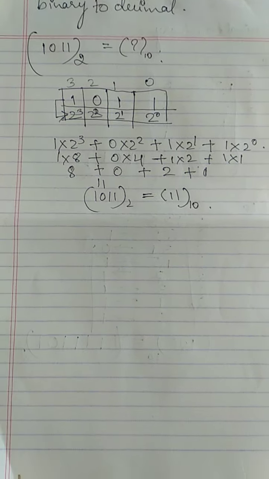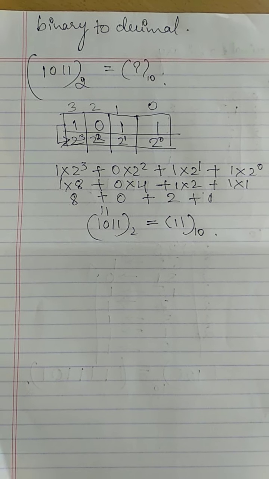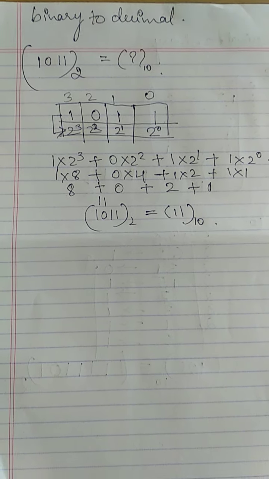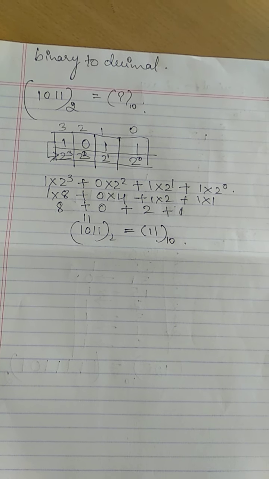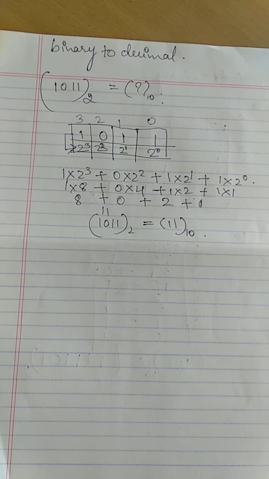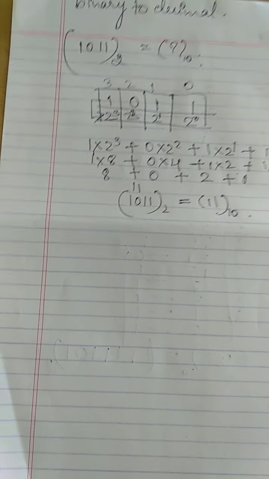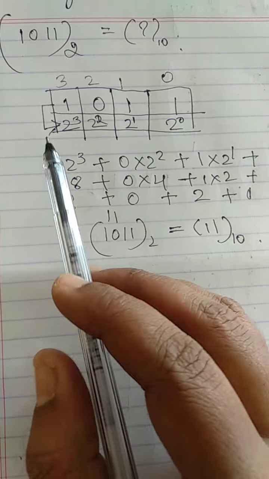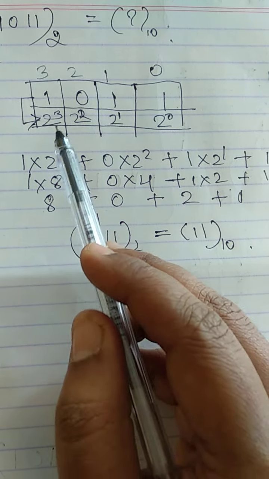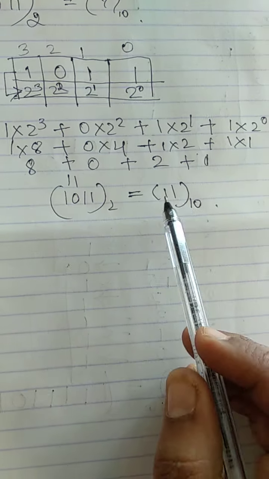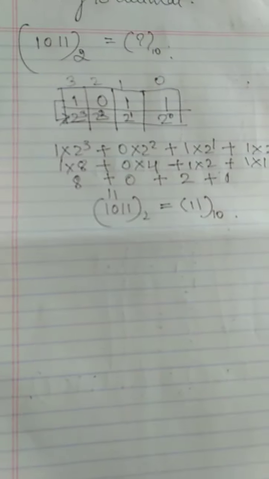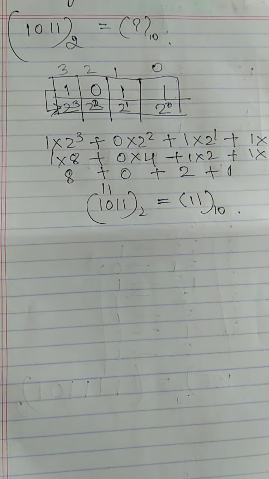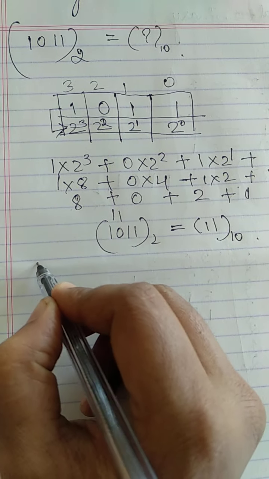So what we are doing while converting binary to decimal, we have some weightage values for each digit position. We are writing those weightage values from right to left. Those values have to be multiplied with these binary digits and we'll get the decimal value. We'll solve one more binary. One more example we'll solve, that is